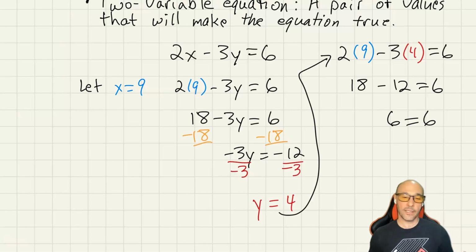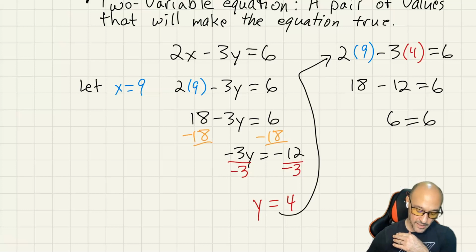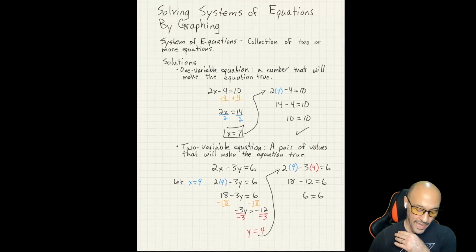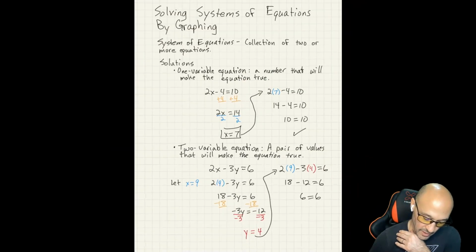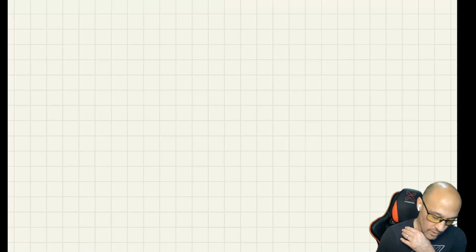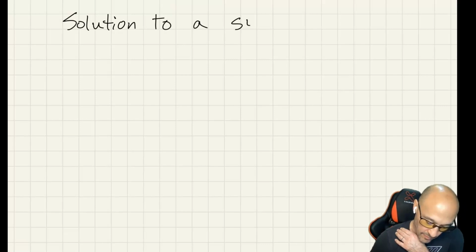Now, the thing here is that there are infinitely many solutions that would make this equation true. So we can't just solve it. That's why we couldn't solve in the first place. So then the question is, if you're thinking about a system of equations, then what's that going to be? Well, I'm just going to go to a new slide. So if you're talking about a solution to a system of equations,